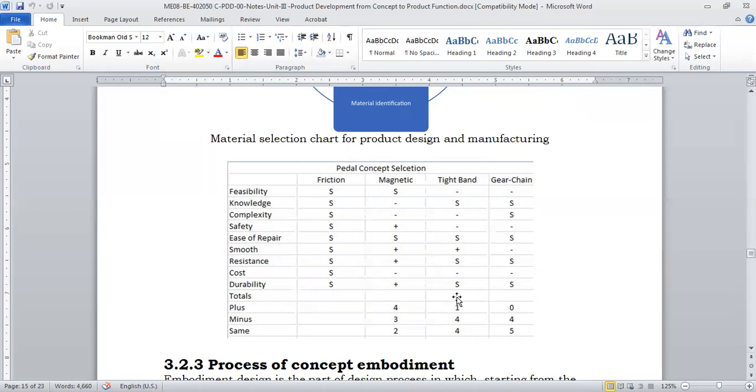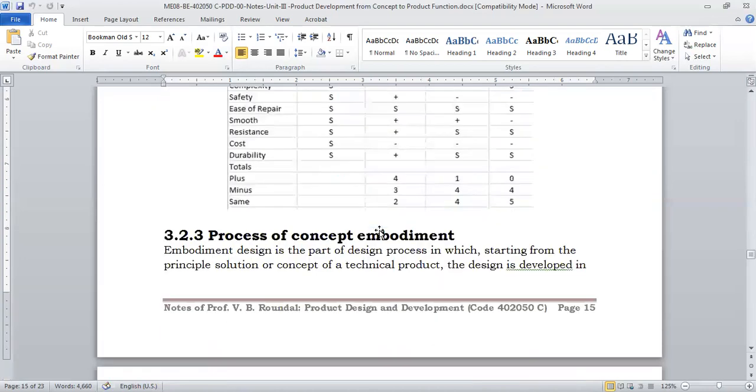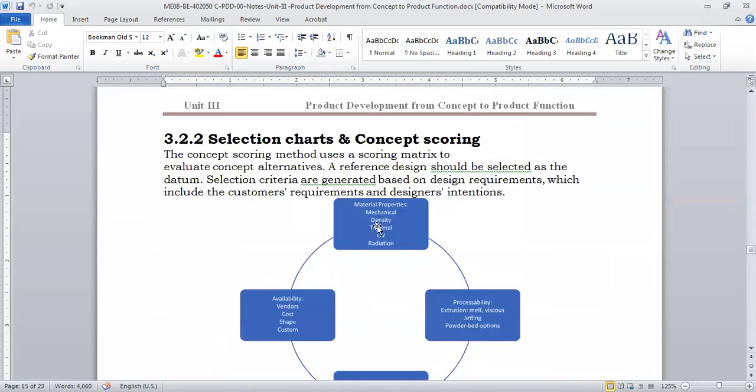For magnetic, tied band, gear chain, knowledge, it is S, S, S, S. So we are going to use this chart with positives and negatives for feasibility, knowledge, complexity, safety, easy to repair, smooth, resistance, cost, durability, totals. The total is the total of all those: how many pluses there are, how many minuses, and how many same. Okay. So by using this kind of selection chart, we can do a selection of the material. Okay.